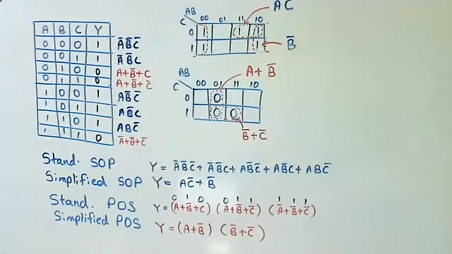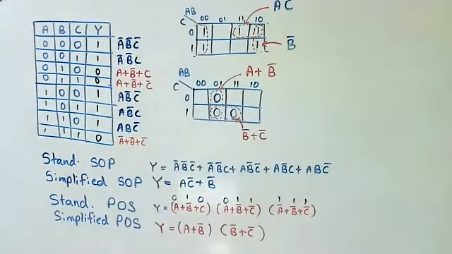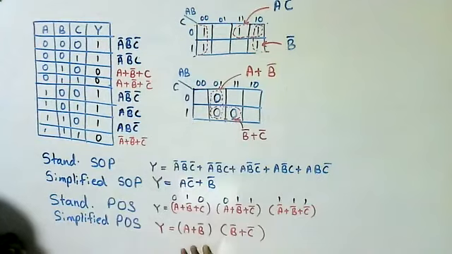Okay, students, is it clear? Yes, sir. Okay, so I hope you can answer. That means you get a standard SOP expression and standard POS expression, and you can simplify it using Karnaugh maps. Actually, it is easy, but in the exam, if they mention to use Boolean algebra laws, there is nothing to do. You have to use Boolean algebra laws, and you can check using a Karnaugh map whether you got the simplified Boolean expression or not.